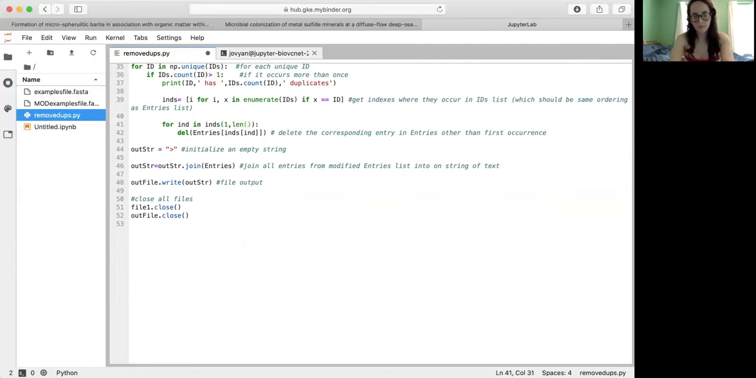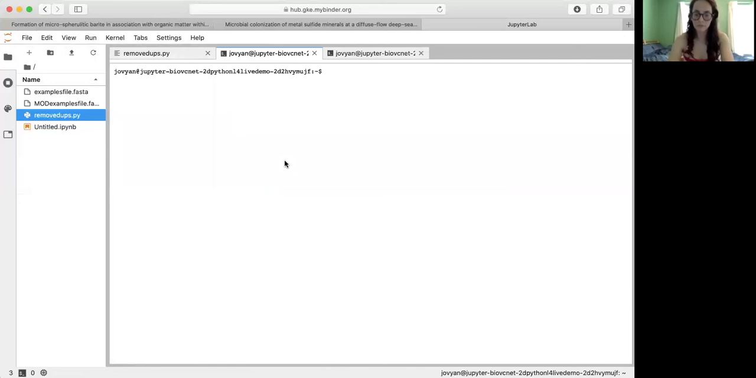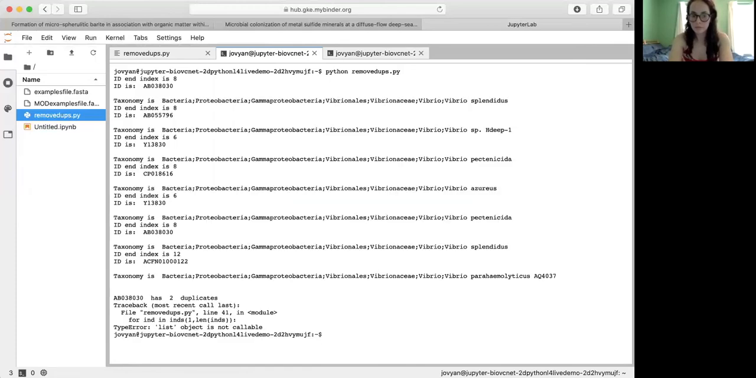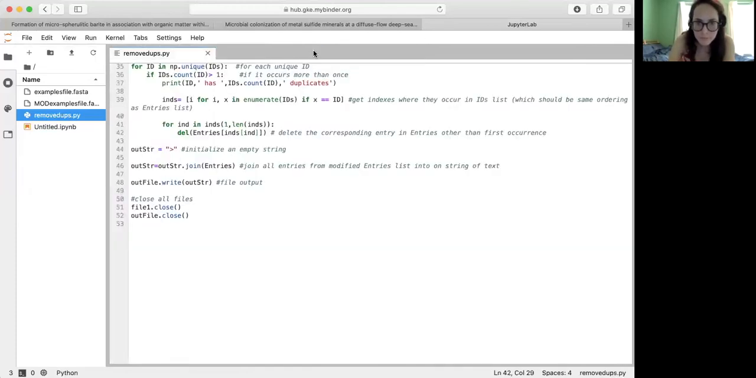I'm going to print ins. Okay, so it's seeing the duplicates. We do want that. So list assignment indices out of range. So it's getting to something and it's trying to